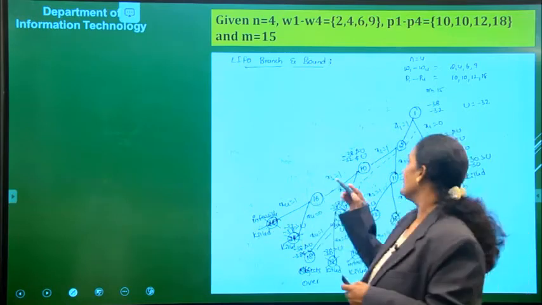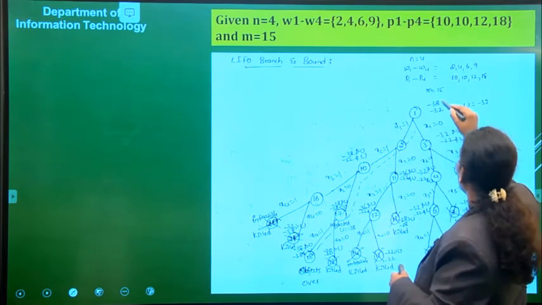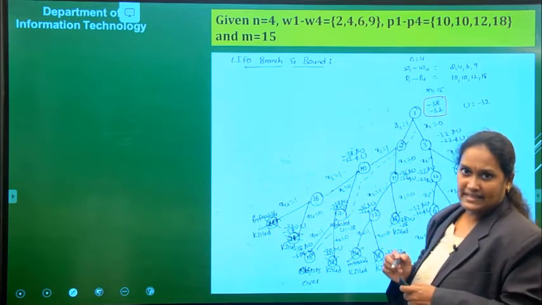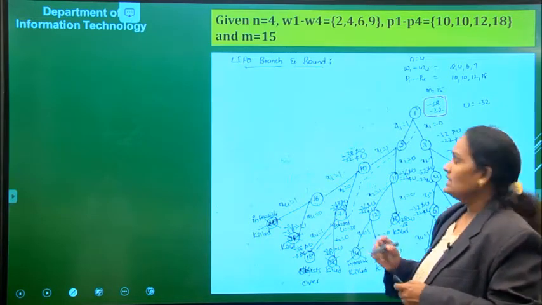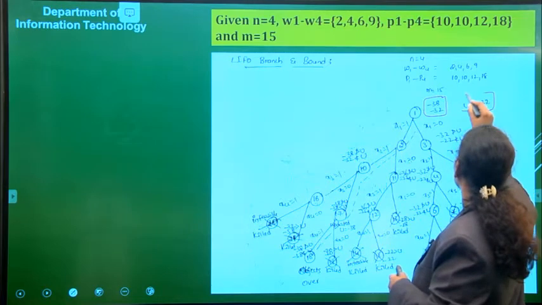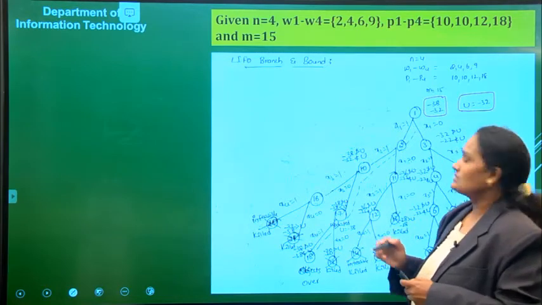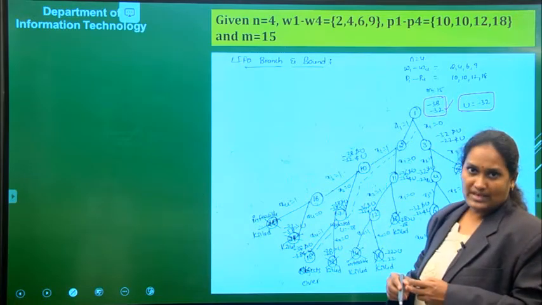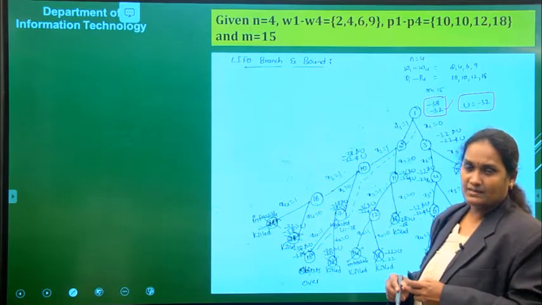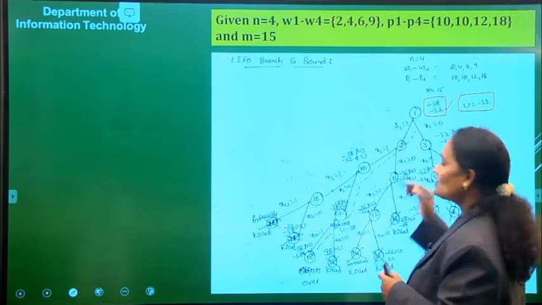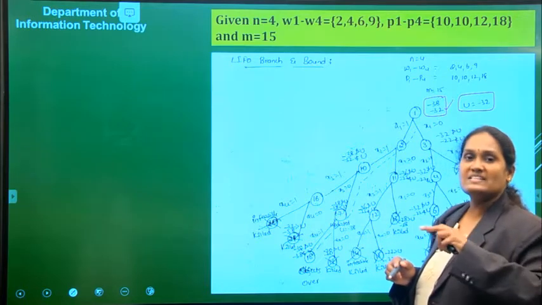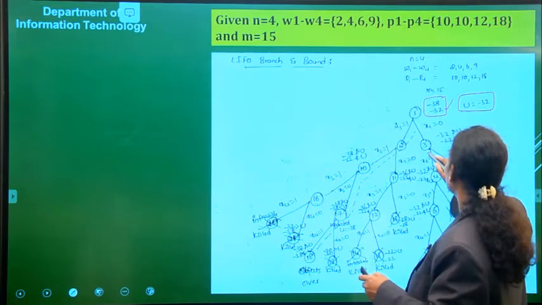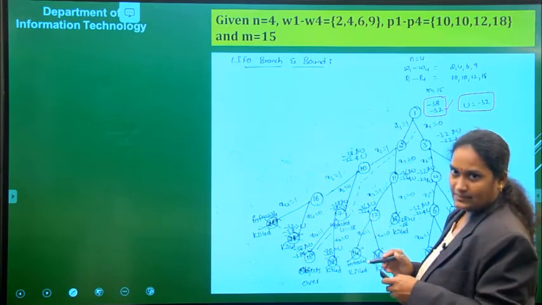At node 1, first we calculate the upper bound values, which become minus 38 and minus 32. The upper value is initialized as minus 32, so the upper bound value itself becomes the upper value. Now the first node, the root node, always becomes the E node. So we expand the root node, and we get nodes 2 and 3.